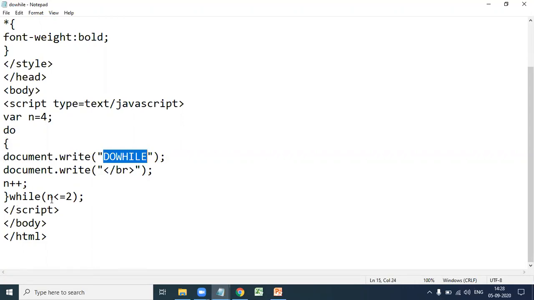Next here n value is 4. That is 4 less than or equal to 2. Wrong. So it stops the execution. So here do while is executed only one time. Okay. Here the output of the program is do while.